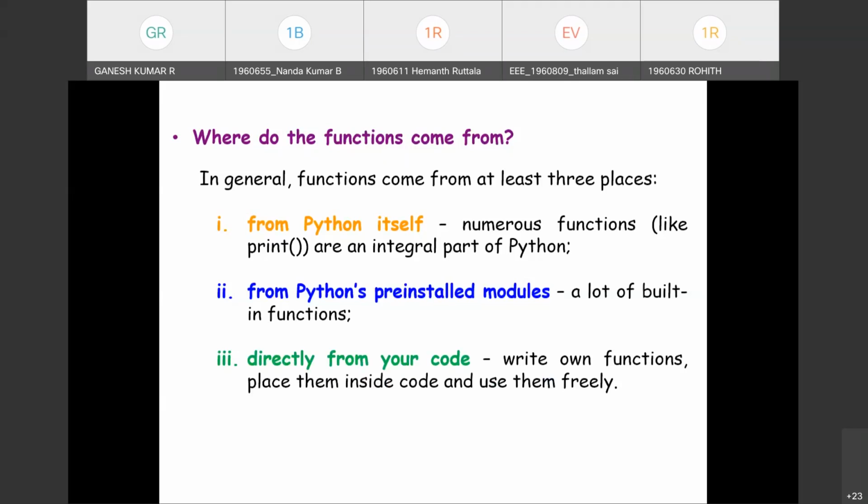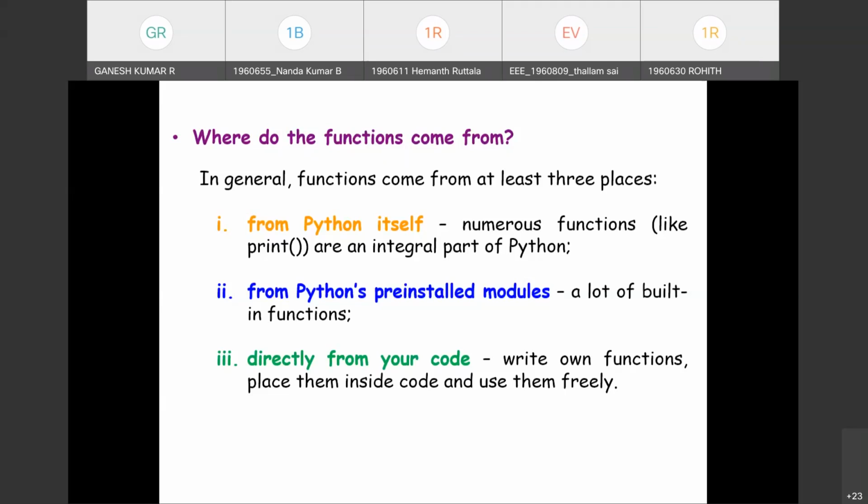And directly from our code, the third option is we can write our own function, a user-defined function, and place it inside the code and use it freely. Right? So the programmers are also permitted to define their own functions. That's called a user-defined function.